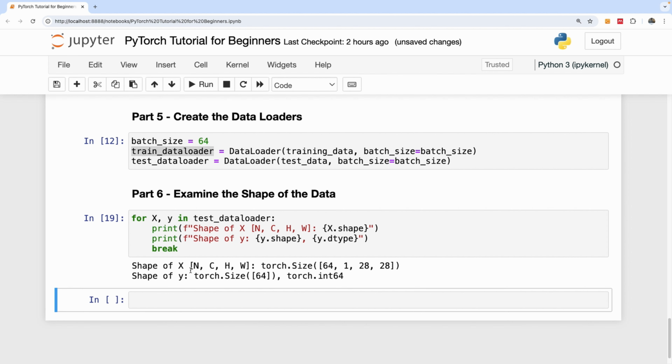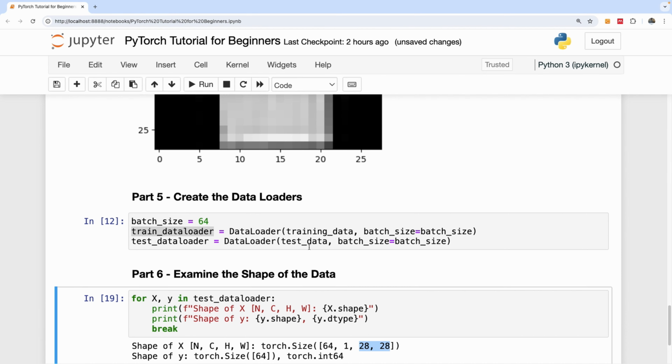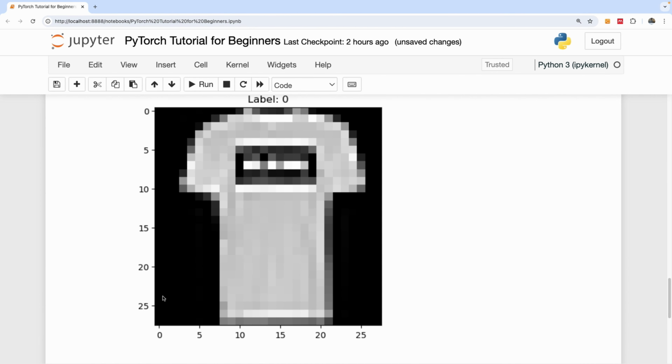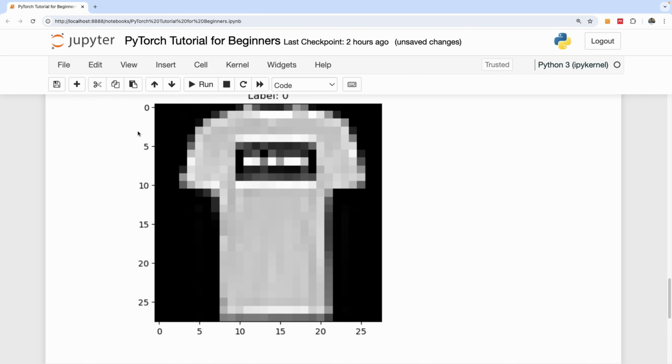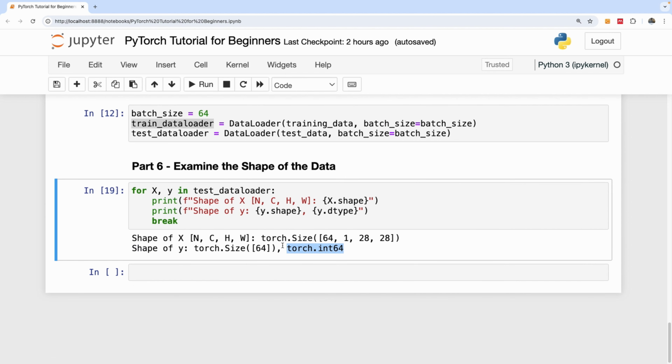So you can see the shape of X. The batch size is 64. The channel is 1. The image is 28 by 28 pixels. So let's take a look. This is 28 by 28 pixels, as you can see right here. So you can see the count in both axes. The key thing you want to take away is the image size here is